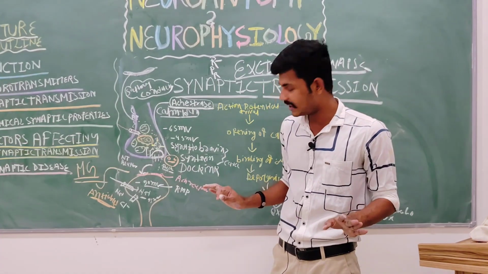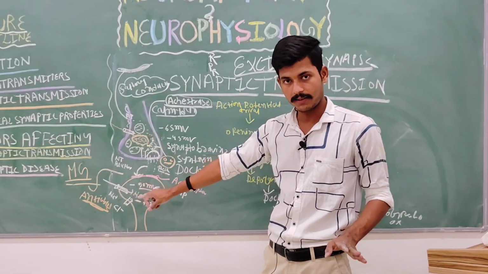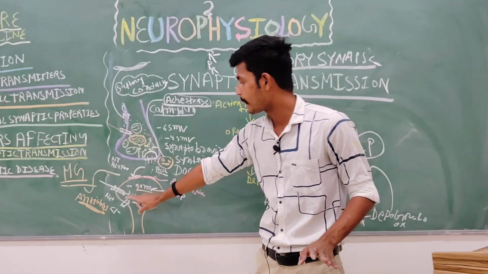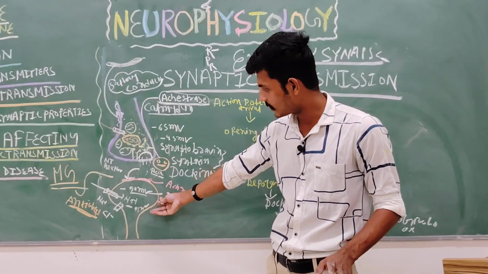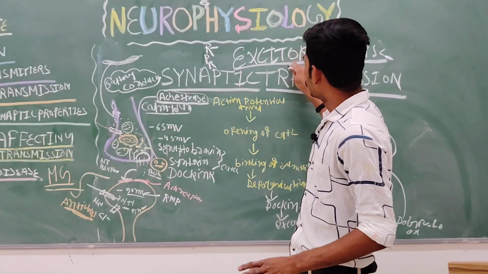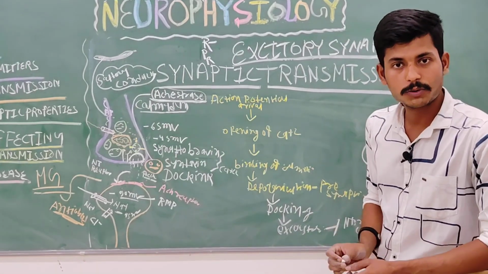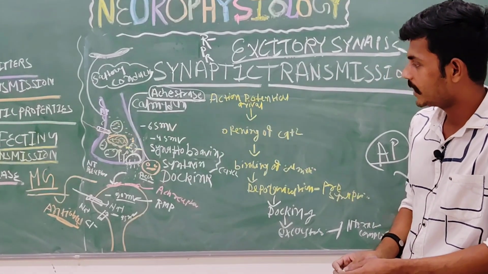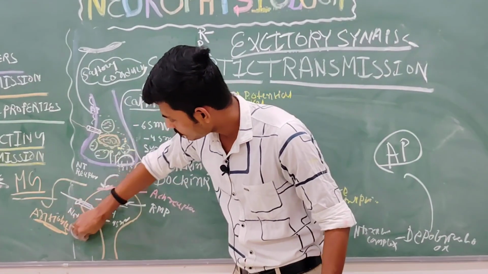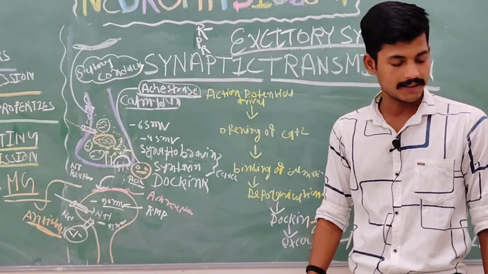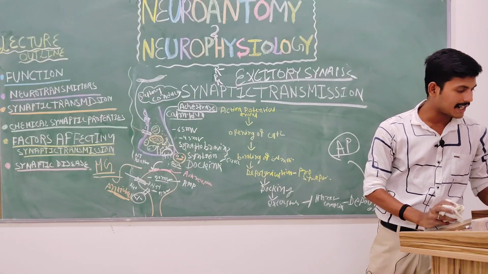It is only in the inhibited state because there will be only opening of chloride channels. That is about the inhibitory synapse. Understood? No problem. Now, once you understood the synaptic transmission